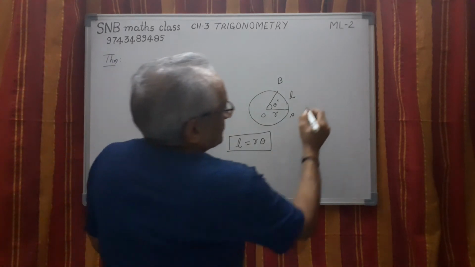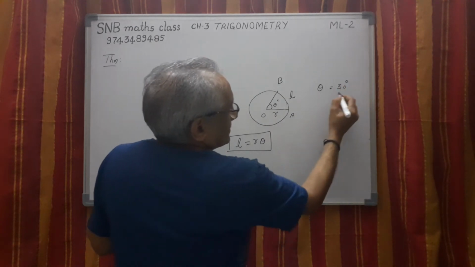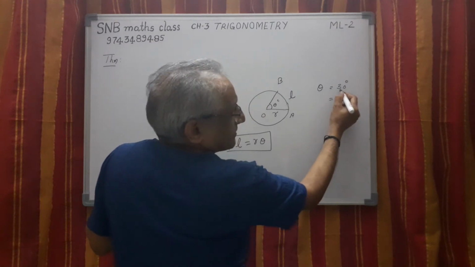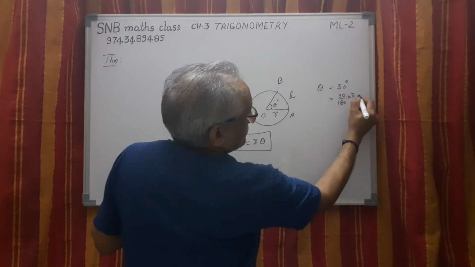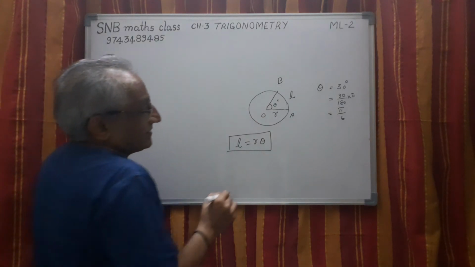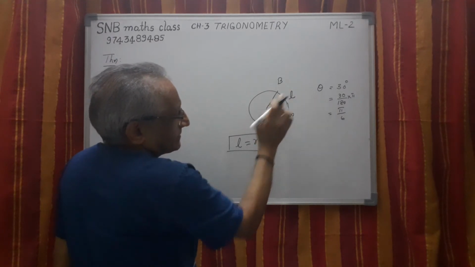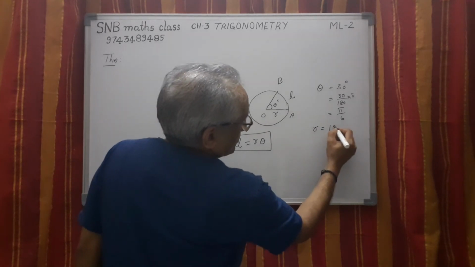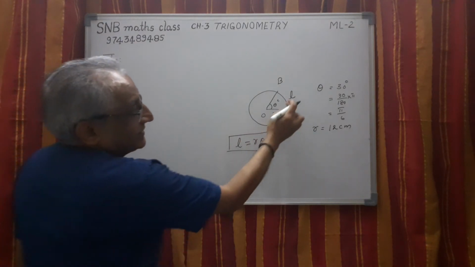Suppose the angle subtended here is 30 degree, let us say. Then I should convert this into radian first. So 30 degree is the same as, what is the method of conversion? 30 degree divided by 180 into pi. So this is pi by 6. Then what is the formula? What is the length of this? Suppose this is 30 degree. What is this length? R is, okay, one more thing. Let us say, for example, R equal to 12 centimeter. I am taking 12. In that case, what is the arc length?